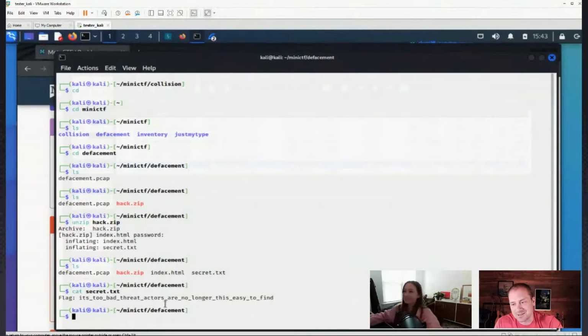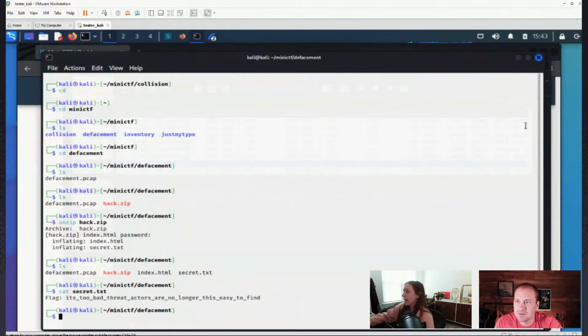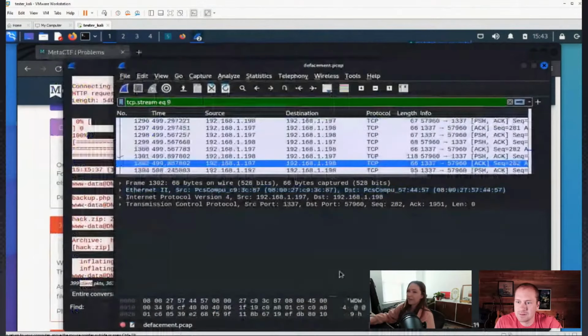I don't know. A lot of threat actors we see are still throwing commands back and forth in clear text and PowerShell. So, you know, whatever. No, that was amazing. That's really cool. Yeah, so that one wasn't too bad. I feel like I learned a lot about